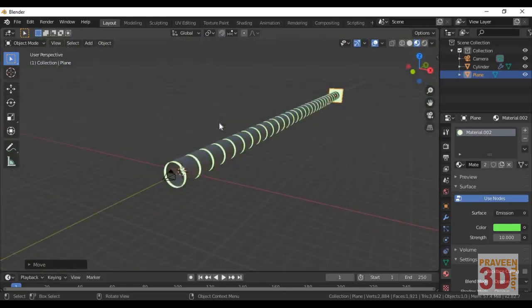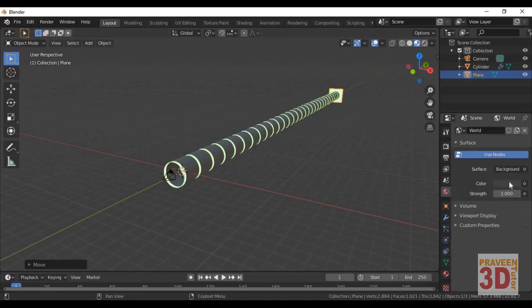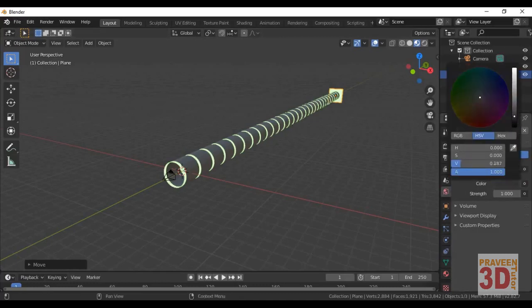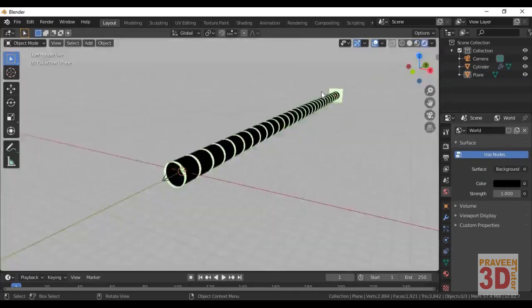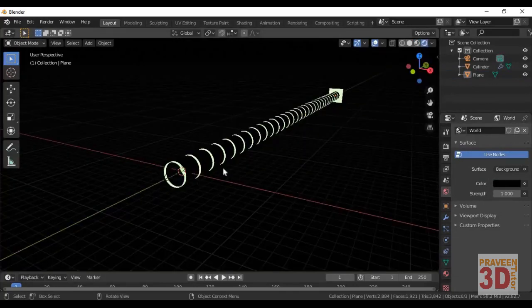As you can see, our atmosphere, the surrounding, is too grayish, so we need to change the color of the world to totally black. Okay, then Z, go for render view. This is how it looks, but we don't get the glow or bloom effect.